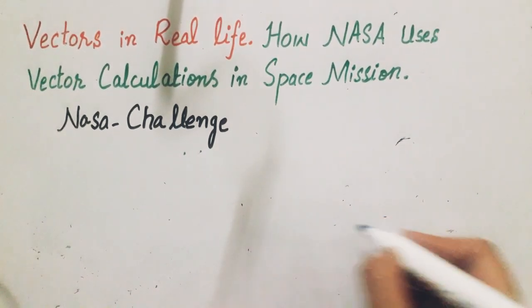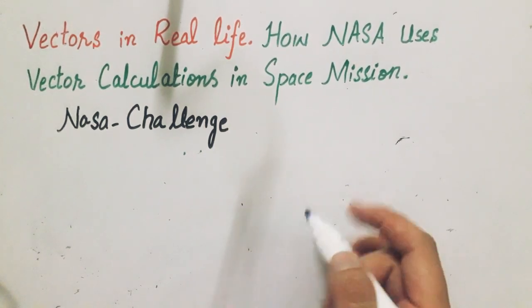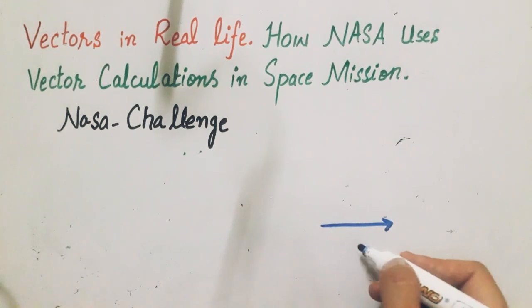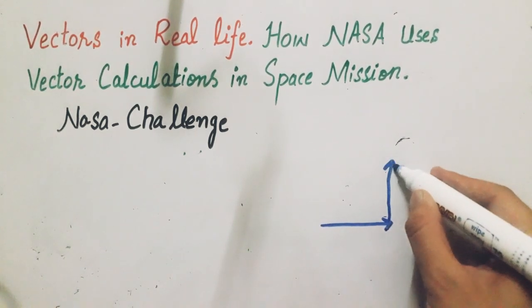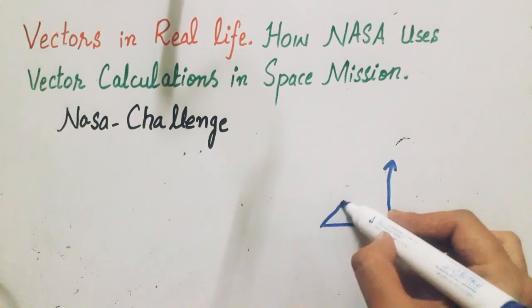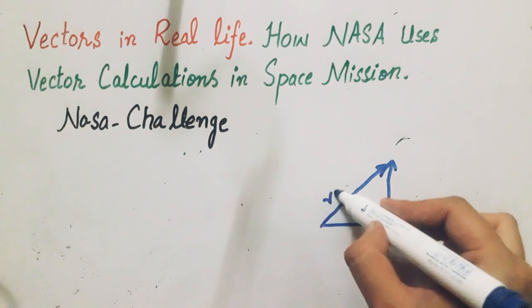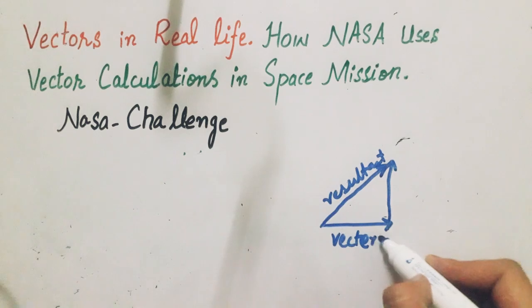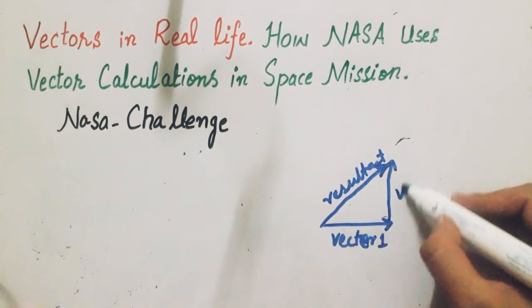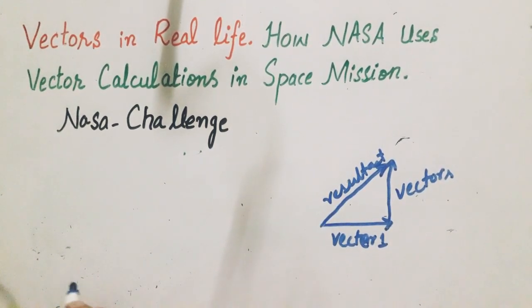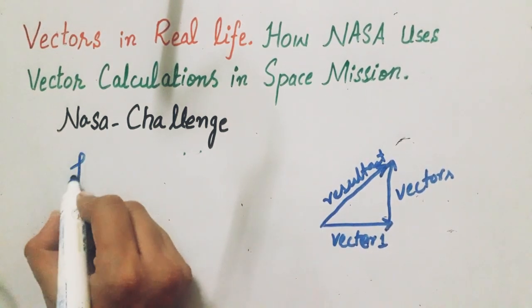So how does NASA use vector calculation? It is represented by vector addition. Let's suppose this is the first vector, this is the second vector, and the third vector will start from the first and go to the end of the second. This will be the resultant. This is vector 1 and this is vector 2. So by the head-to-tail rule, we represent these three vectors, and these vectors are basically the forces